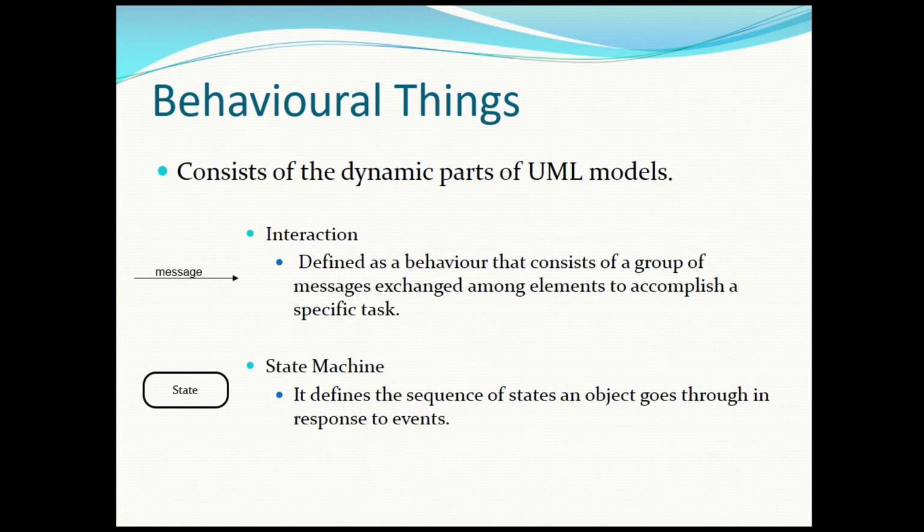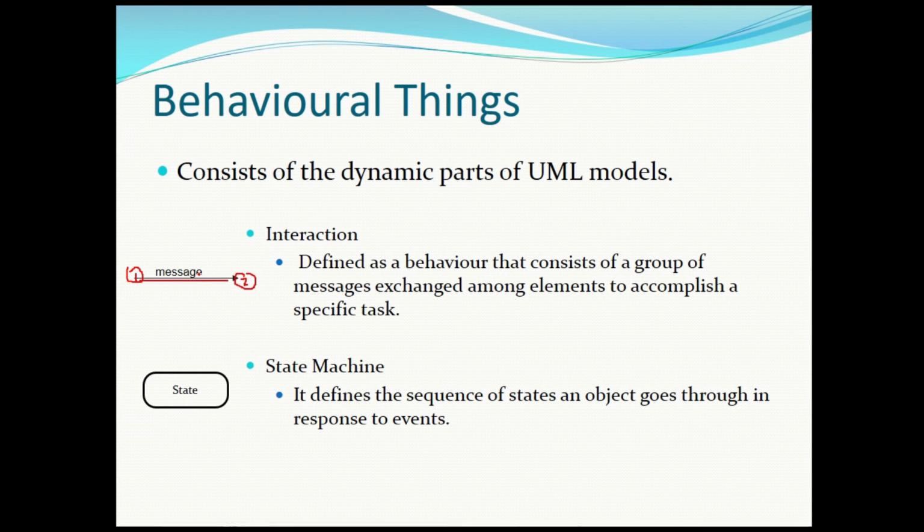Behavioral things are not static, they are more dynamic things. It's an operation, okay? For example, we have interactions such as passing a message between two objects, so they interact with each other. So if object 1 is sending a message to object 2, that means there's an interaction between them, okay? The interaction could be by sending a message or calling a method in that object or class which represents